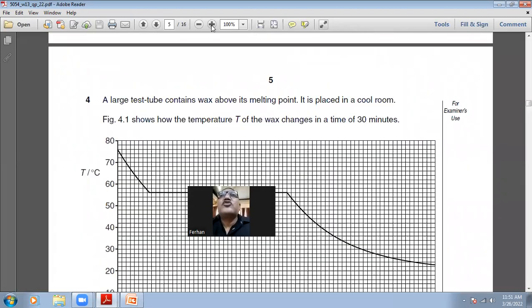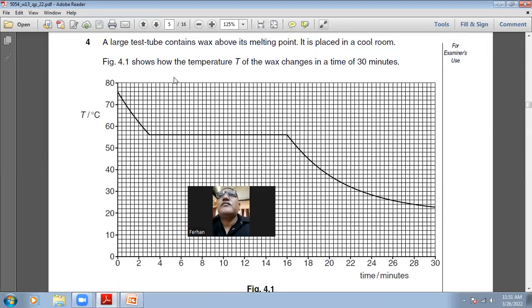Okay, so here we go. A large test tube contains wax above its melting point. It is placed in a cool room. So the wax is in the liquid form, so it's hot, and you have placed it in a cool room. So now the temperature will drop. First, the temperature will drop, and when the temperature of the hot liquid wax becomes equal to the melting point of the wax,